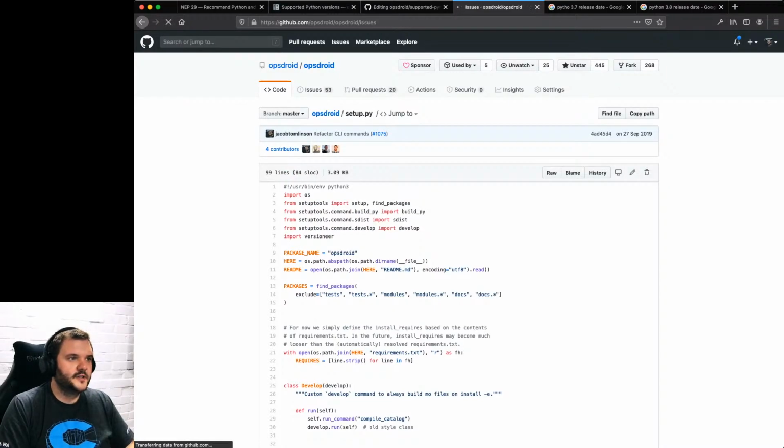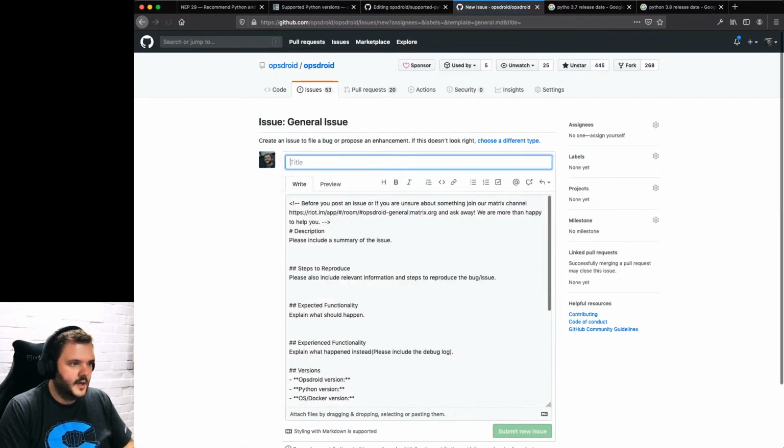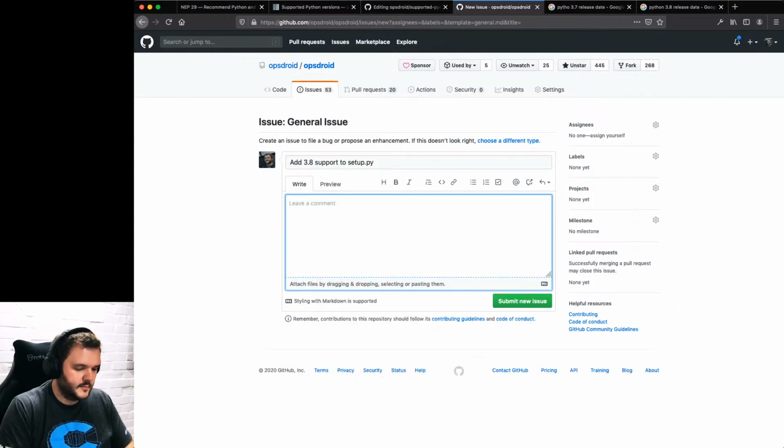I'm going to just open a new issue for this quickly and say add 3.8 support to setup.py. So we've been running CI against 3.8 for a while now.